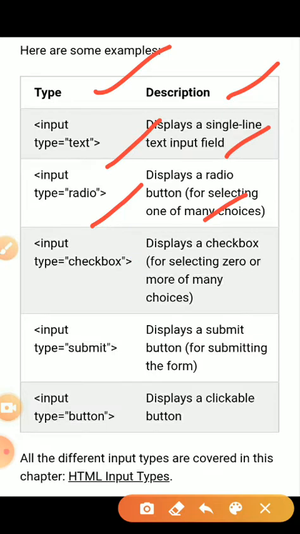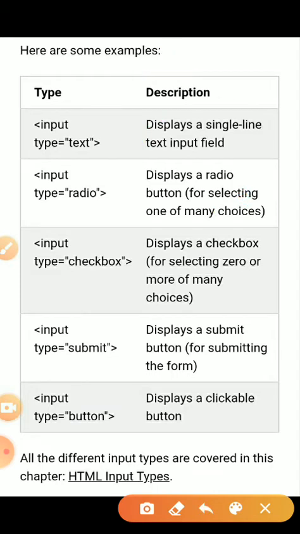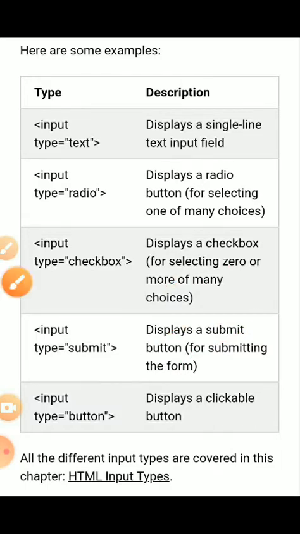If you want a button in a square shape, we use input type checkbox. And at last, when the form is completed and I want to submit, we create a submit button. For that we use input type submit. A button is also used as a clickable button if you want to create it in your web pages.